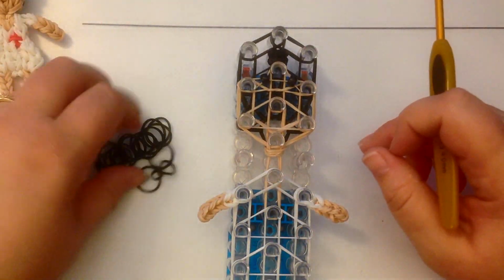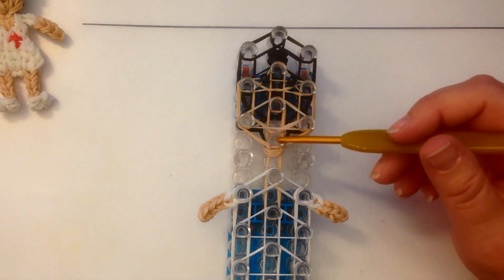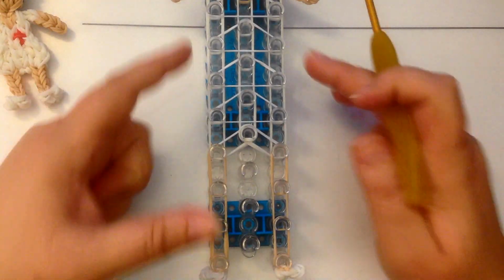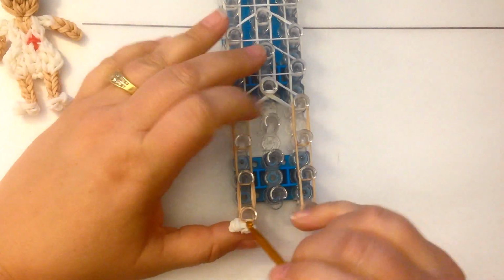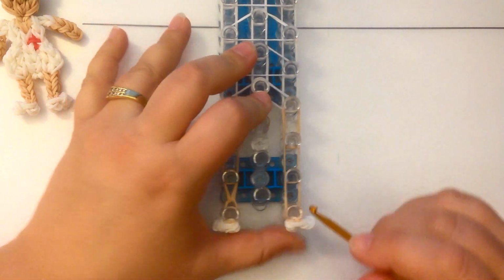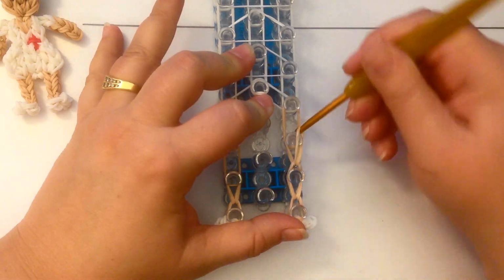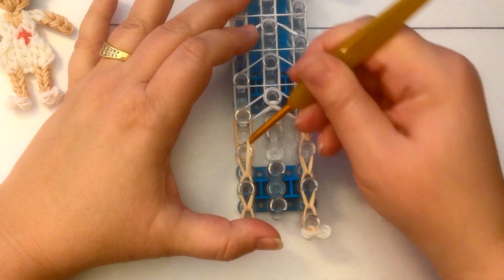Okay, so we have a bun, we have eyes, we have arms, we have the end cap there that we've flipped over, we have her dress, we have arms, we have legs. We're going to do a little flare to her skirt, but we're going to do that as we get to here. So let's dig down and do these little legs first. You're finding the skin tone bottom bands and looping them up, and we will stop when we get to the white skirt